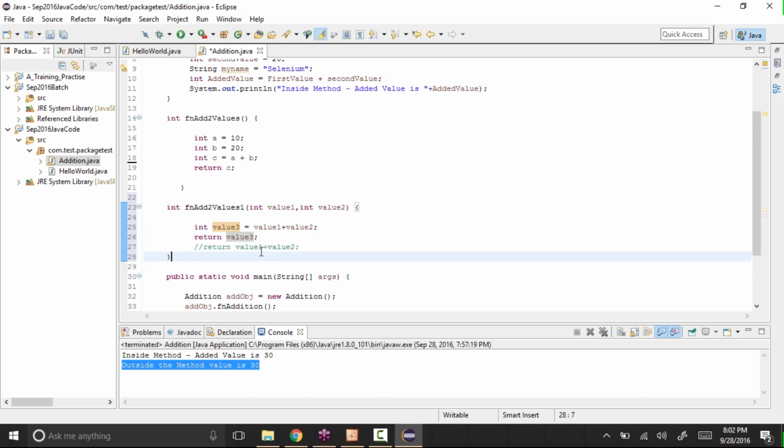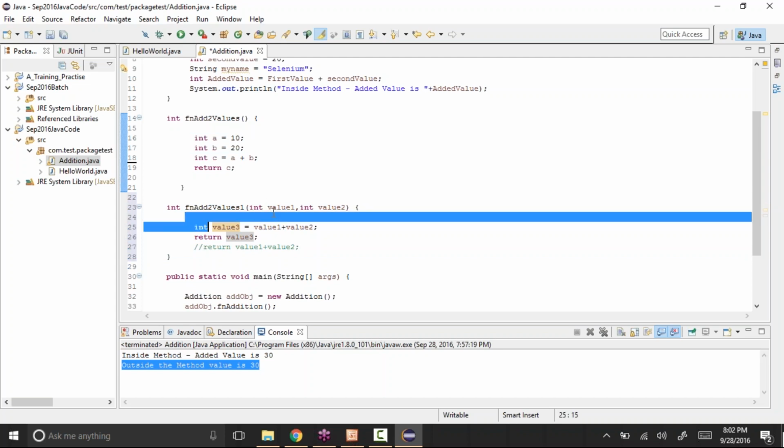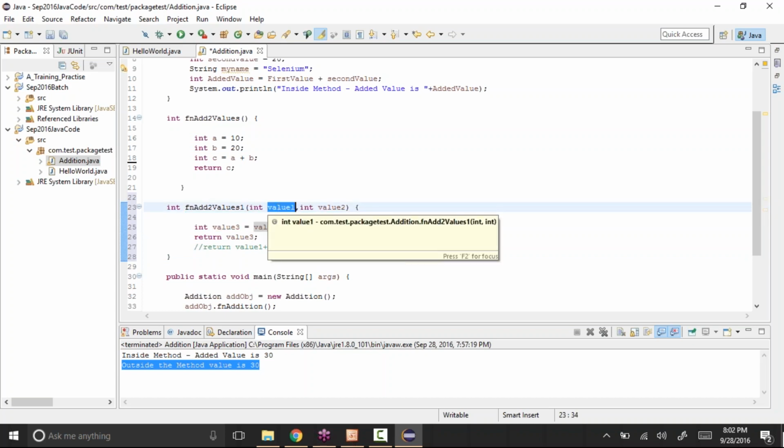With this, we are not hard coding a value. Previously we were hard coding the value, but here we are instead passing the values when we are calling the method.